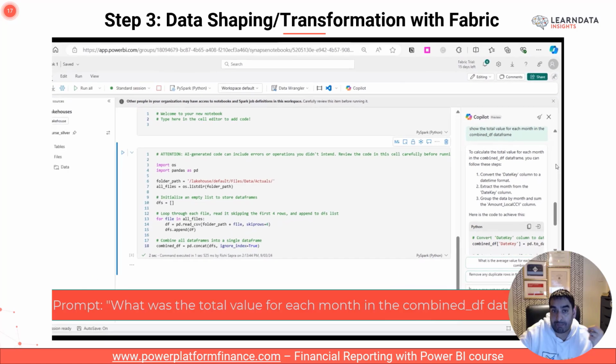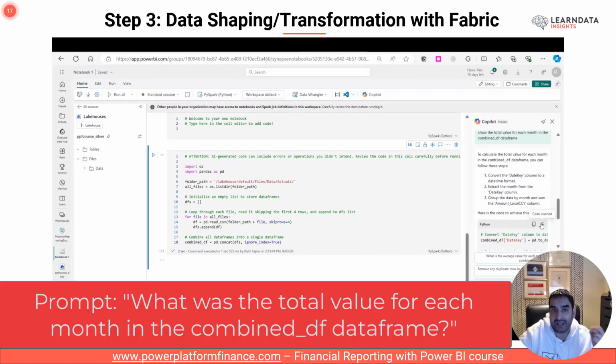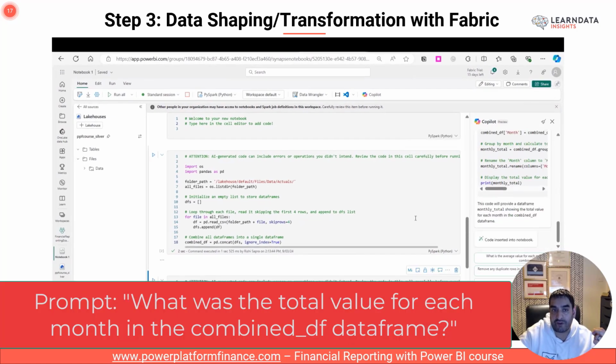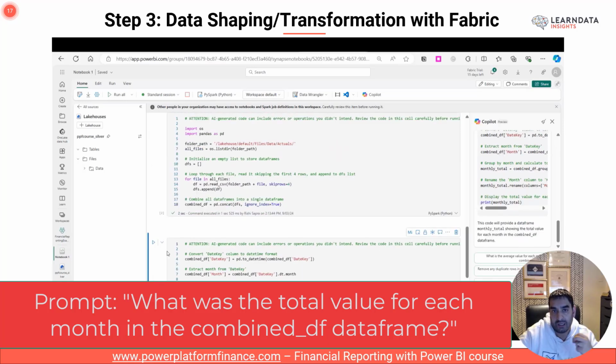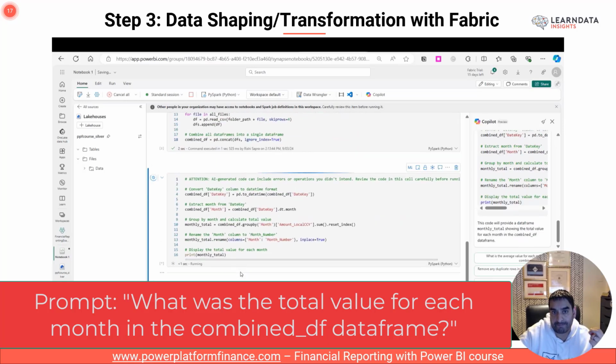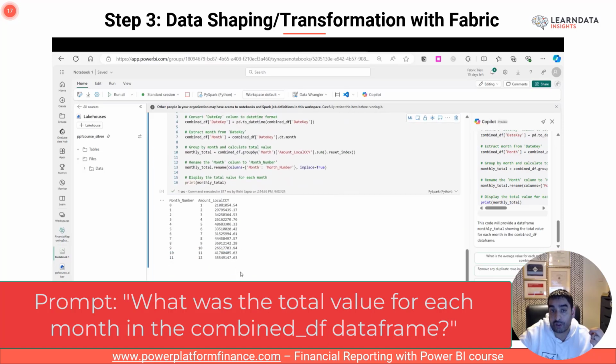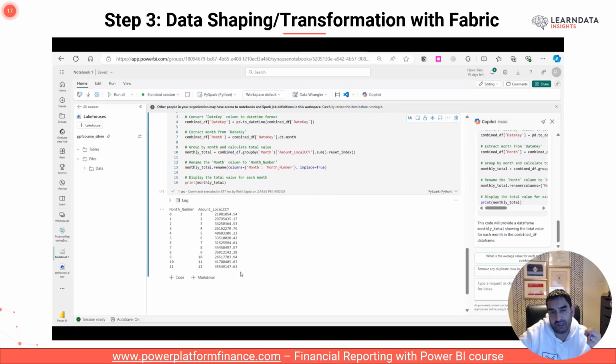So it says import pandas, puts the file path, and then for each file in there, loops through each file and adds it to the data frame. So it seems to have done quite a good job of that. Next, we've asked it to show the total value for each month in the combined data frame. This would be useful to sense check the data. Perhaps if we have these values calculated somewhere else, we could use this to check to make sure it's all